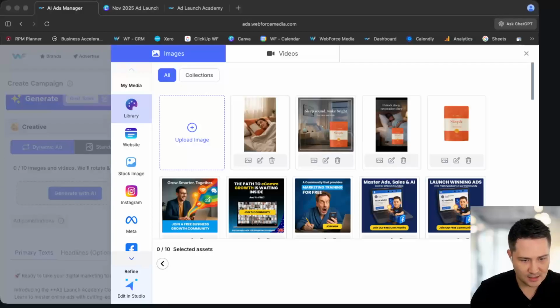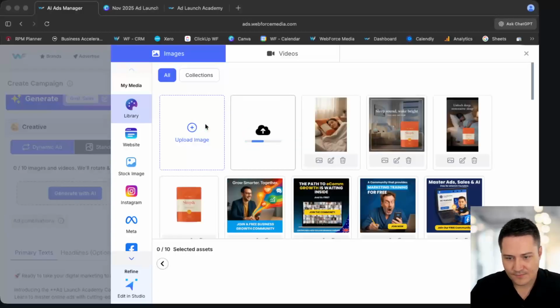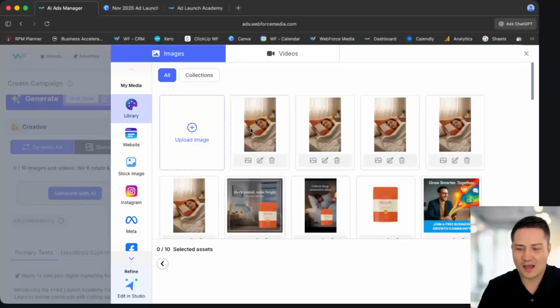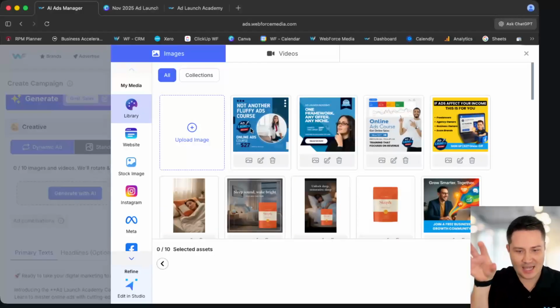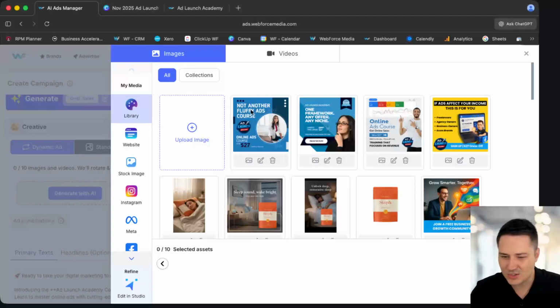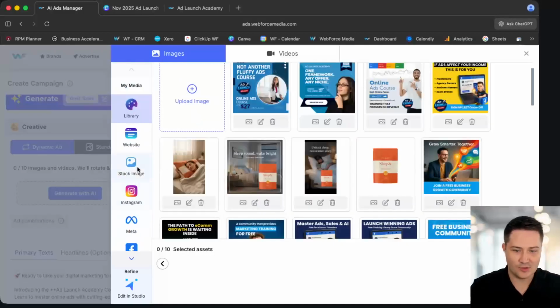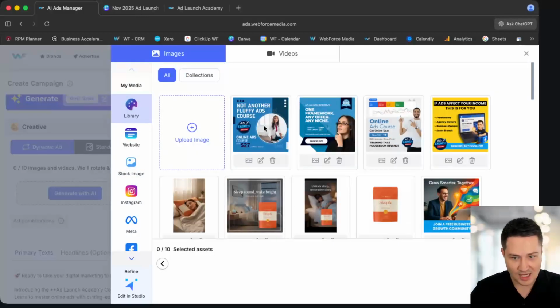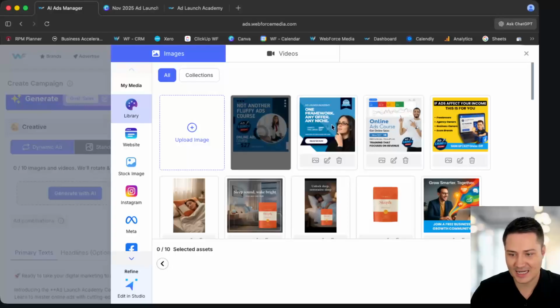Okay, so in the scale campaign, which is the one we're building, we will start off by adding the images. So I'm going to drop in the images here. Now, notice I'm in the image tab. And again, it's important to come to the ads manager ready, right? You don't want to sit here and try and figure stuff out. There's tons of assets here that will help you, but it's going to take much longer to launch a campaign if you're trying to figure out what creative you want. You want to come to the ad with everything ready. So I'm going to select these four,